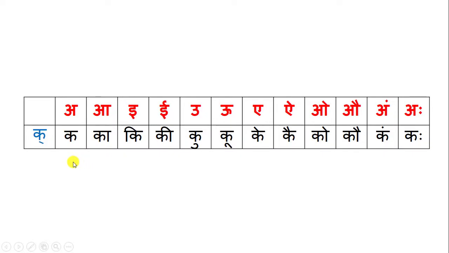So that is the Barah Kadi of K, or as I like to call it, the sounds of K. To recall, K plus A equals K, K plus A equals Ka, K plus E equals Ki, K plus U equals ku, K plus A equals K, K plus I equals kai, K plus O equals ko, K plus au equals kau, K plus equals kam, K plus aha equals kaha.